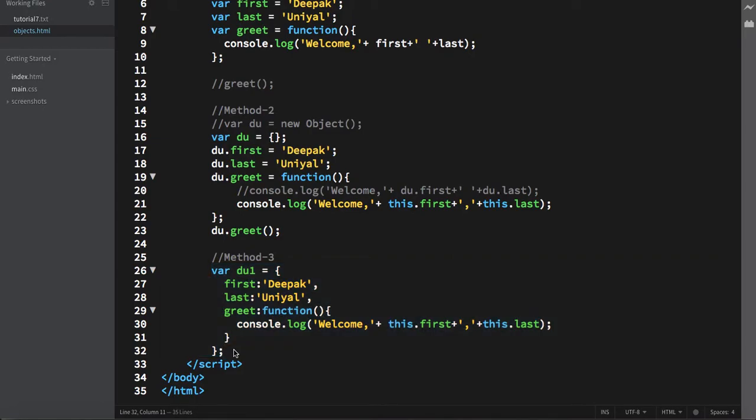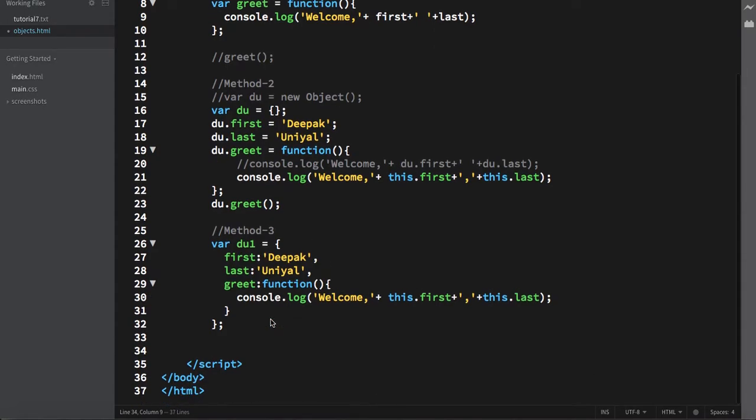So in this lecture, we'll create an object using a function and using method 3. When we are talking about a function and creating an object using it, we can just pass multiple parameters and the function will return an object. So what we are going to do here is use that function to create multiple objects using a single statement. So let us try that.